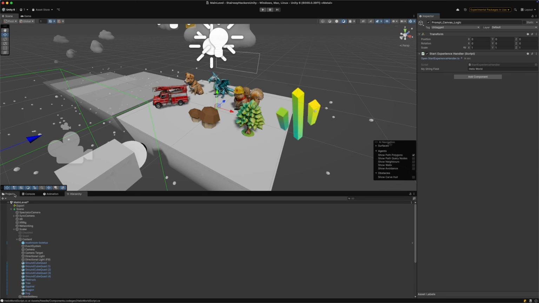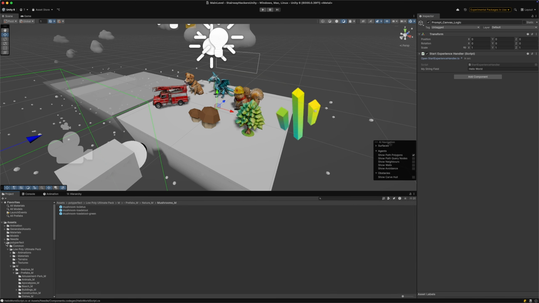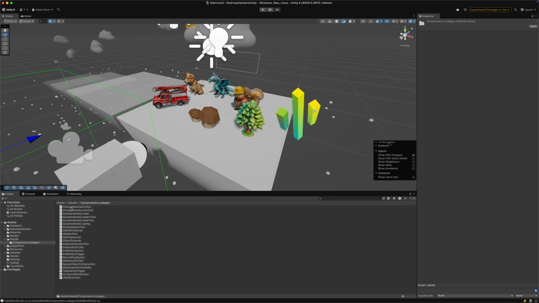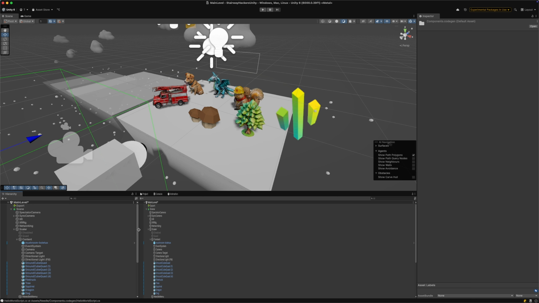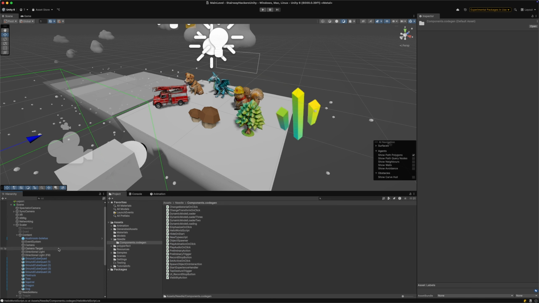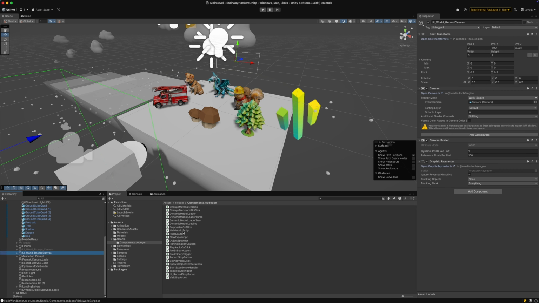And then within our project, we are going to find our generated script link within Assets, Needle, CodeGen. And here's the Hello World script. We could simply drag this onto an object. So within our hierarchy, for example, let's drag that over here. We could select, for example, the UI world record canvas and drag on the Hello World script. And if we would run this in the browser and open up the console, we would see Hello World being